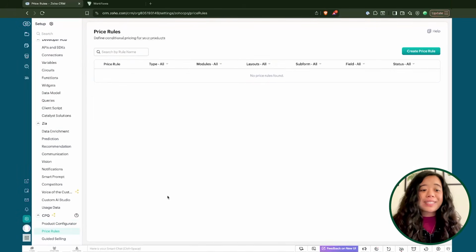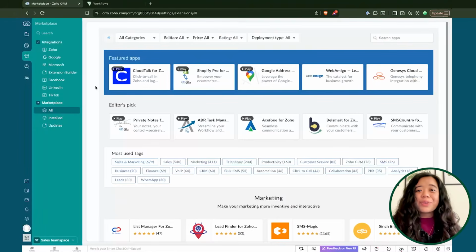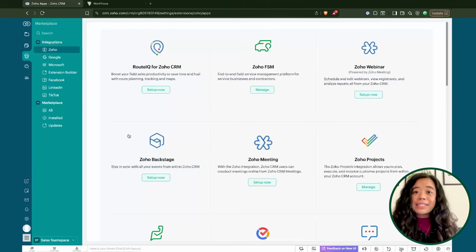Through the CPQ tool inside of CRM, you can also add in price rules. And so if you want prices to be adjusted on any quotes that you're sending in the CRM automatically based on certain fields being updated or filled out a certain way, then you can create a price rule to create those adjustments. Also, inside of Zoho CRM, the marketplace is mostly similar to what Bigin has available, but Zoho CRM